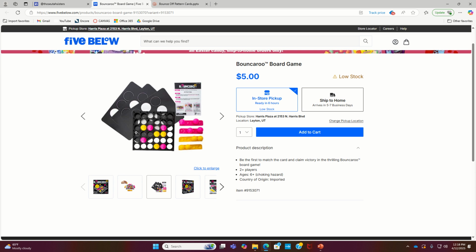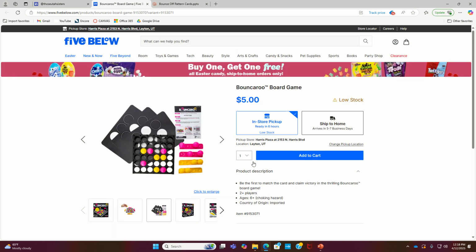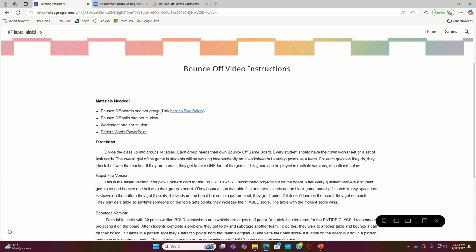You can also find them online if you search the game Bounce Off or Bounce Around. But these are the ones we recommend here. I have them for my class, and you need one board per group. In my class, we play one per table, and I have 6 tables, so I have 6 boards. You also need the balls that come with the game. If you buy the game, the balls come directly with them, but you don't need a ton, one per student is plenty. The worksheet that you already have printed off, and then you need the pattern cards that are